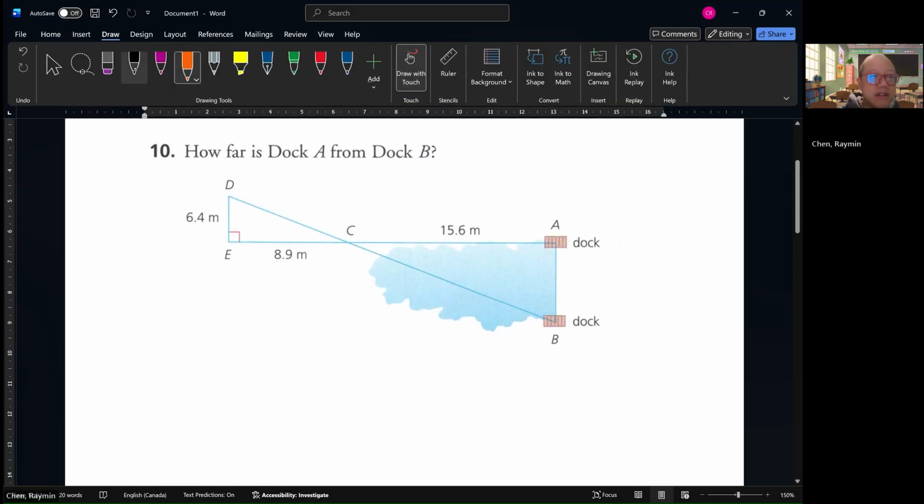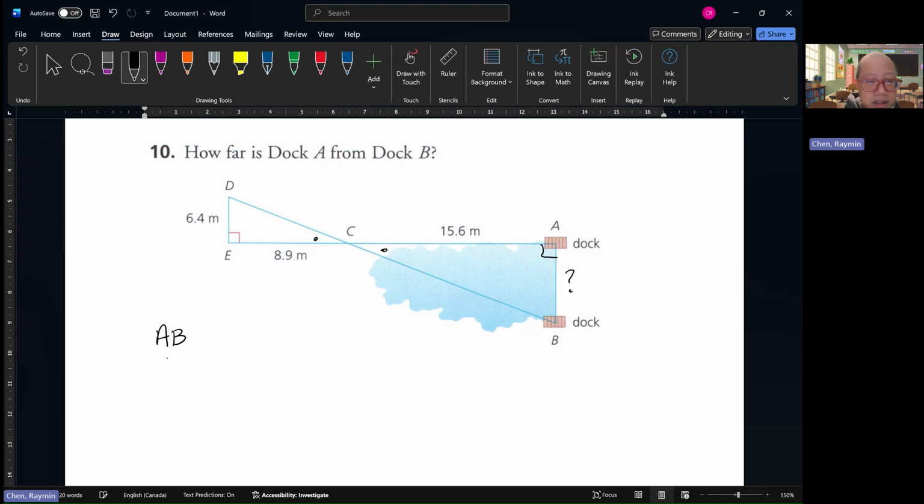To set up this question, clearly the two docks are right here. I'm going to put a question mark; that's what we're going to try to find. We know these two triangles are similar because there's probably a right angle over there, and these two angles, mainly angle DCE in the small triangle, is equal to angle ACB because of the opposite angle theorem. Now, it didn't ask us to prove it, but that might help you to understand what we're doing for these similar triangles. So, to give you the answer, AB over DE will equal,